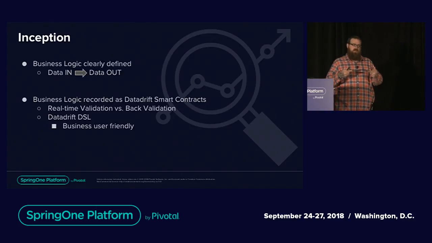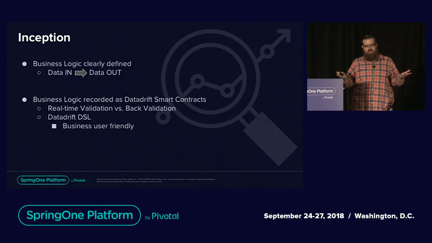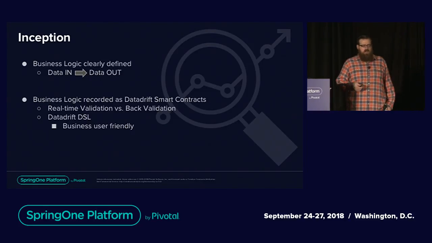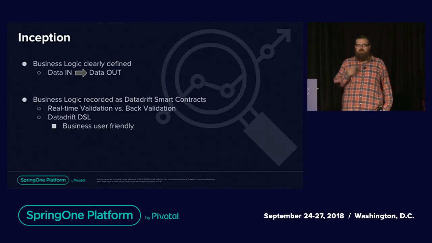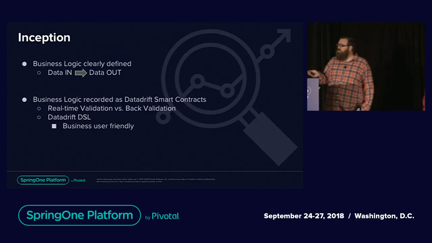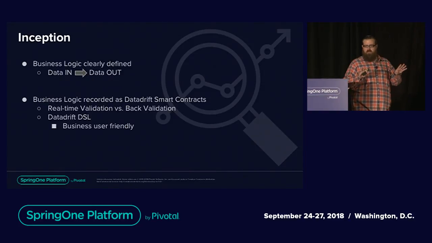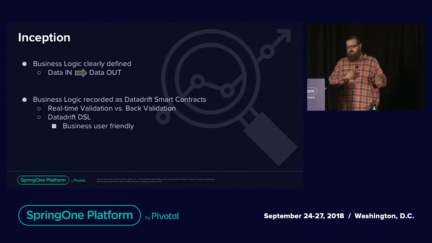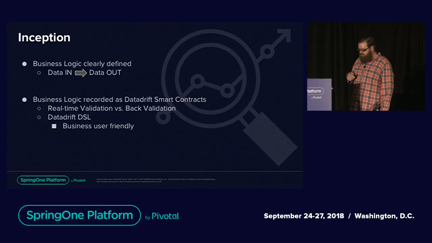Inception changes right at the very beginning because DataDrift requires you to define smart contracts. What we're getting at right now is that DataDrift provides a platform that uses secure distributed ledgers, i.e. blockchain, right? They don't use the word blockchain when they describe these things, because all of these are private ledgers. This is data that will never be public. There are no block miners. There's nothing like that. There are just certain algorithms that DataDrift uses to validate this data as it comes into the ledgers.